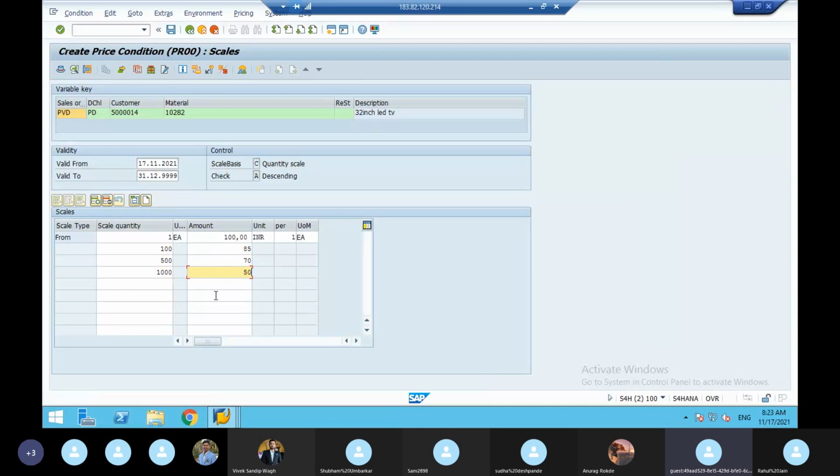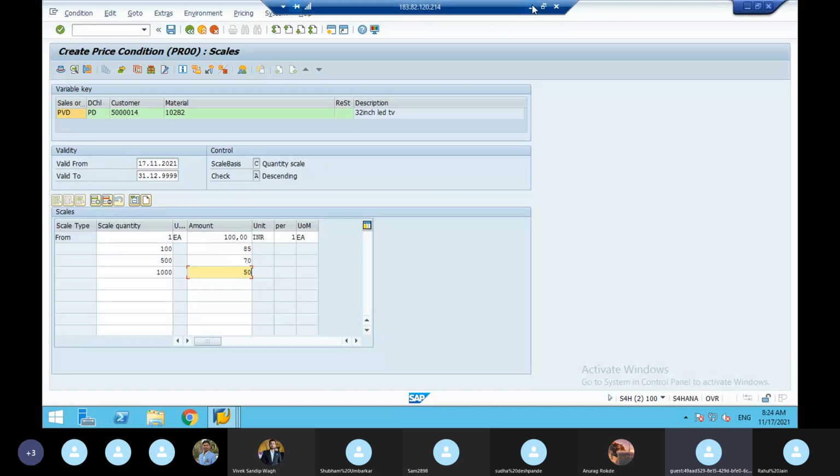So this is scale basis. If they want to maintain a scale basis like this, the PR00 scale basis field should be maintained. Very, very important. Up to 99, the system will take 100. The moment you give 100 quantity in the sales order, the system automatically takes 85. So that is condition scales.